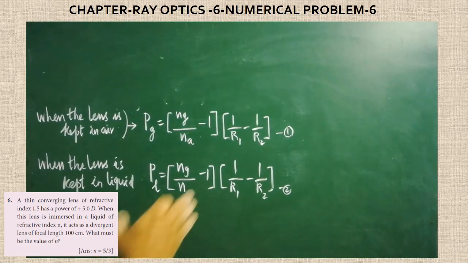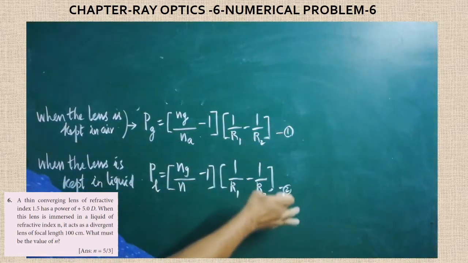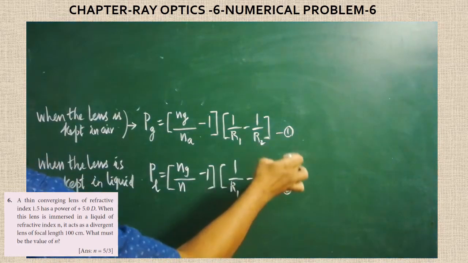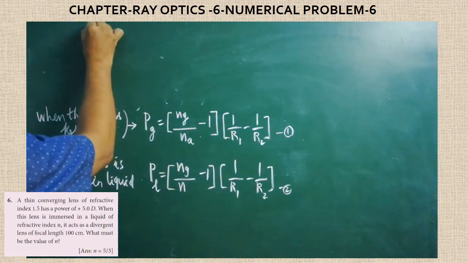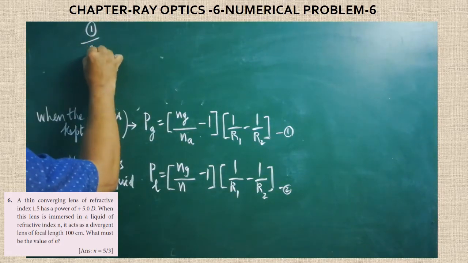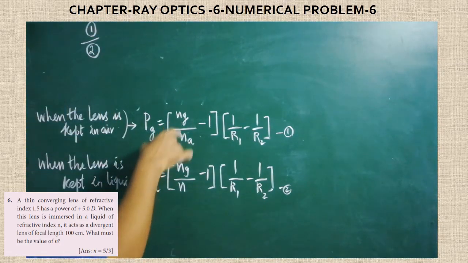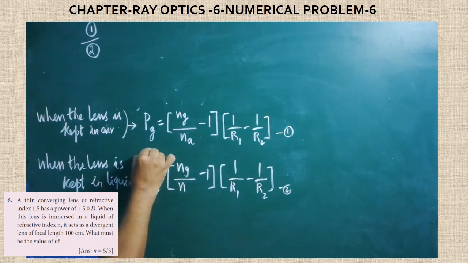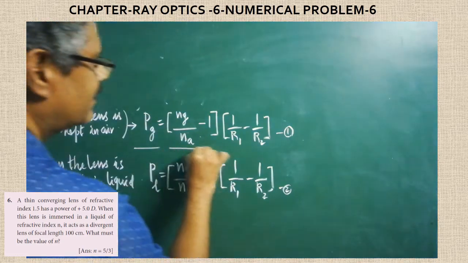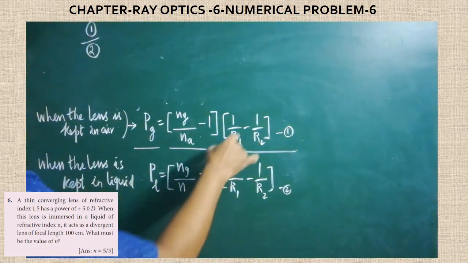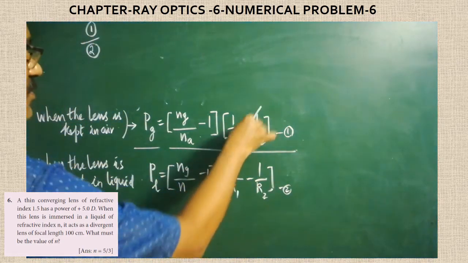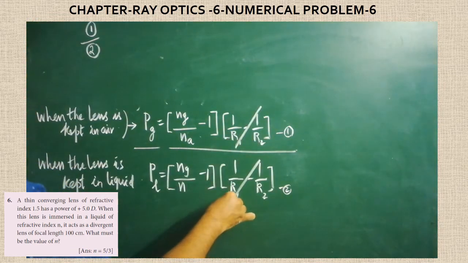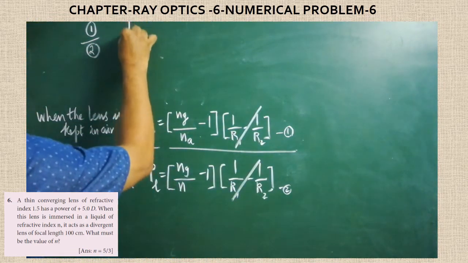Now we have got two equations, the first equation and the second equation. The first equation is to be divided by the second equation. That is the next step. If you substitute both, here itself I will divide. I don't want to waste my time. Here you simply divide the first equation by the second equation. What will you get? Here this is the common factor. Now this portion can be cancelled. What is the remaining thing? I will write the new formula now.